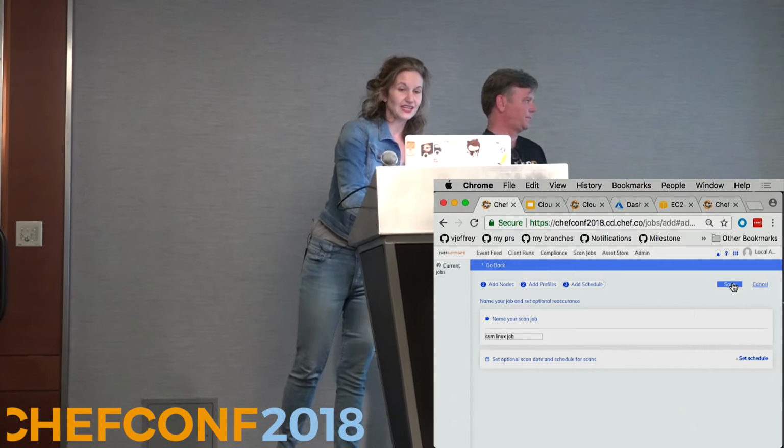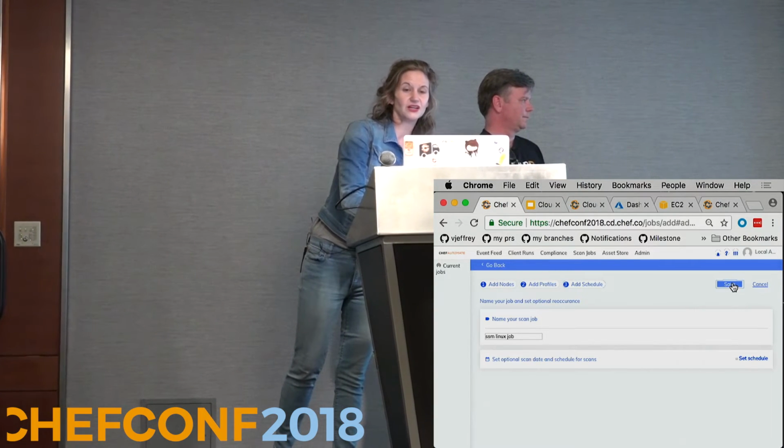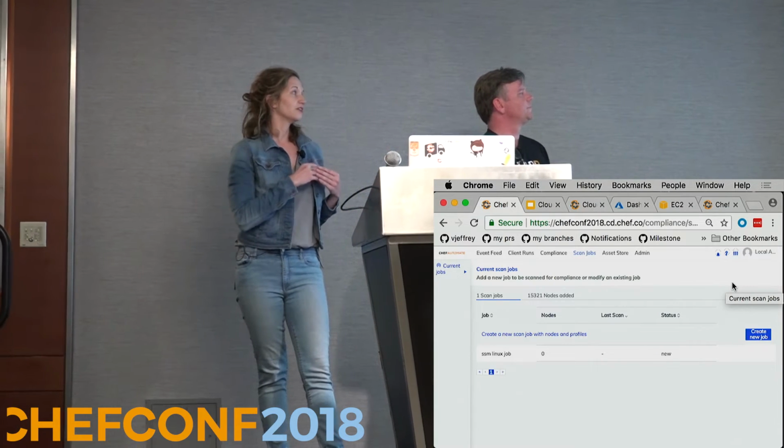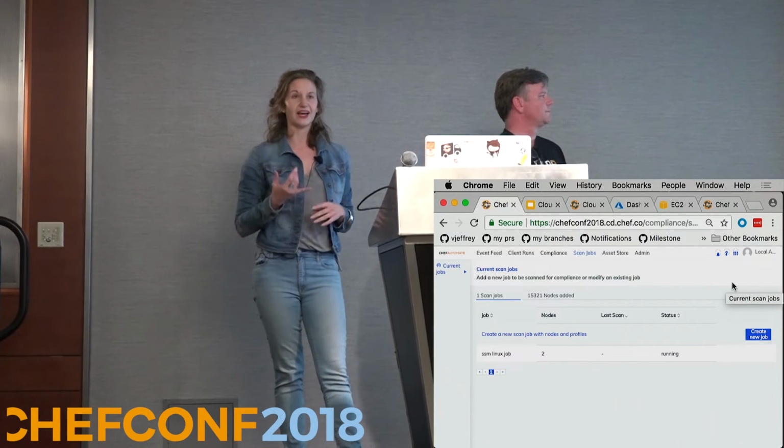So now when I press save, what we're going to do is use Amazon's run command to assemble a script that has the node UUID, the node name, all the information that we need, as well as the job ID, and send that directly over to Automate. So we're going into the instance, we're installing InSpec, and we're reporting back over to Automate. And now you can see we scanned 2 nodes, and it's completed. So if we press report,